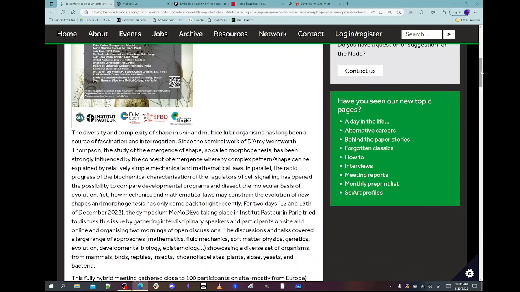The diversity and complexity of shape in uni and multicellular organisms has long been a source of fascination and interrogation. Since the seminal work of Darcy Thompson, the study of the emergence of shape, so-called morphogenesis, has been strongly influenced by the concept of emergence, whereby complex pattern and shape can be explained by relatively simple mechanical and mathematical laws. So if you go to Darcy Wentworth Thompson's book on growth and form, he talks about different mathematical models